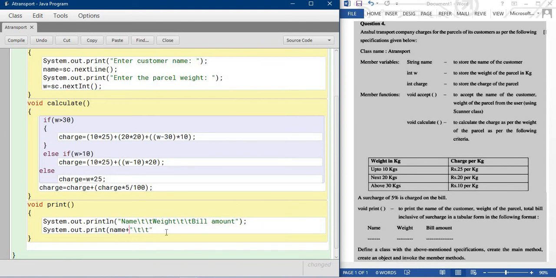I'm using the plus separator. Again plus separator, again print the weight, so W. Again use plus separator, and again print the \t, and plus separator and the bill amount, which is present inside the charge. Okay, now your work is done. Print process done. Now it's time to write the main method.